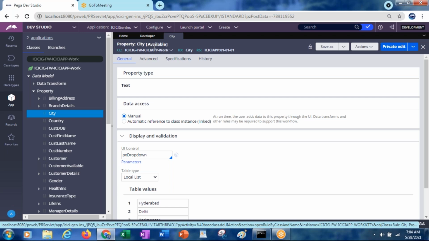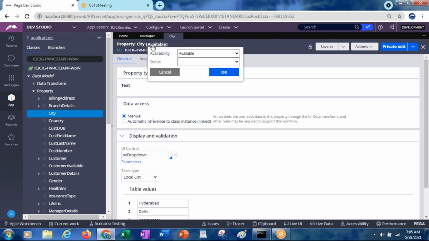Especially when the developer creates any rule, by default it will come as available. That means this rule is available for processing, and available to use in your application. Wherever you want, you can refer to this property and use it accordingly. Available means it is available for your requirement, for your use in your application, maybe in the section or in any other places.